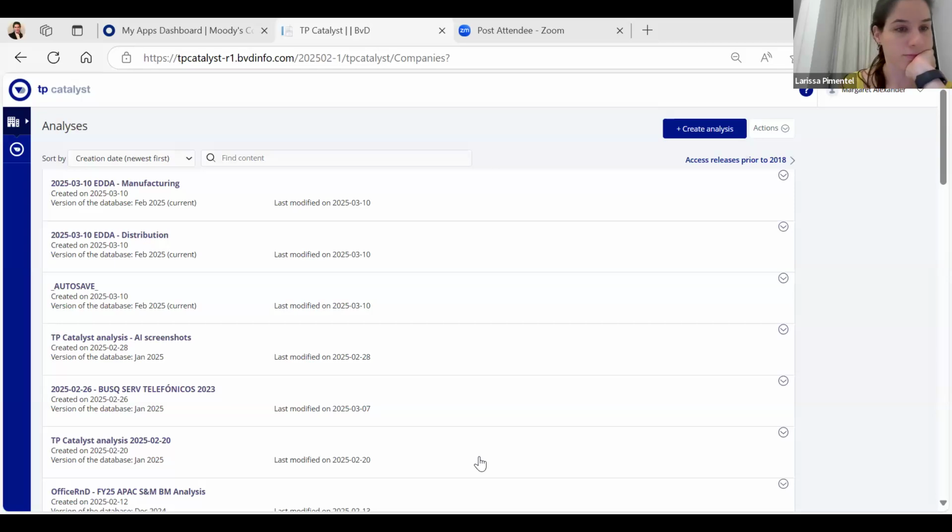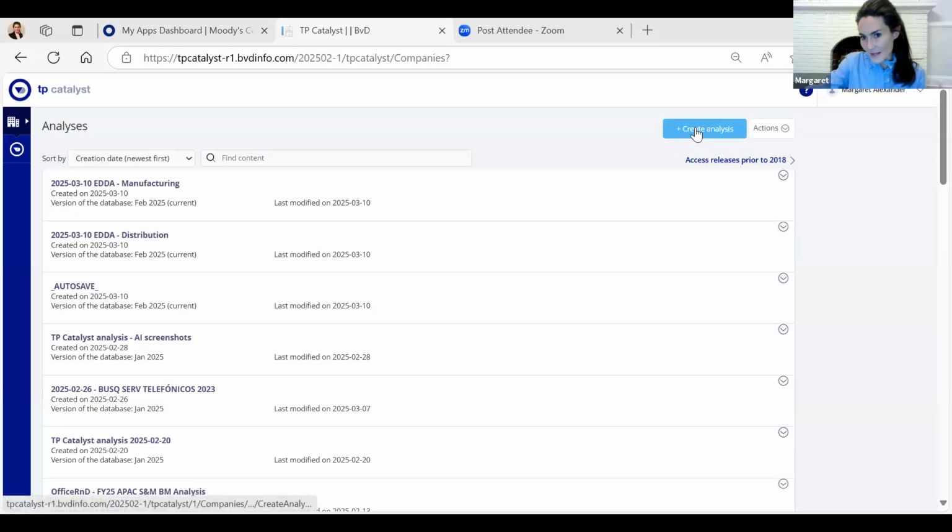Yes. Perfect. So this is the landing page of TP Catalyst, but for you guys, when you log in, it will be blank because all of these items here are just searches that I've done and saved in the past. So the way you'll start is if you click this button.